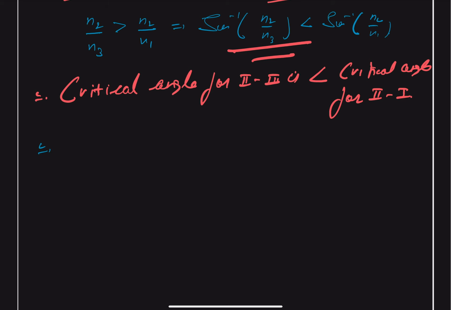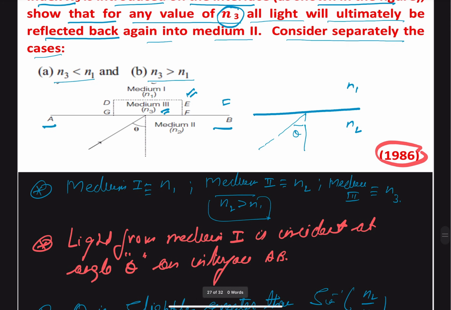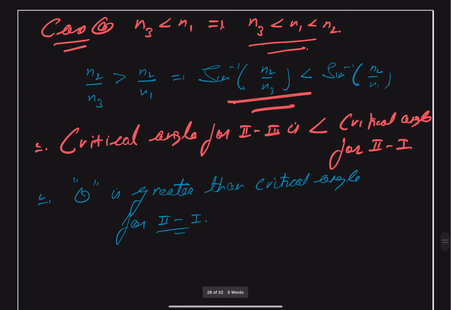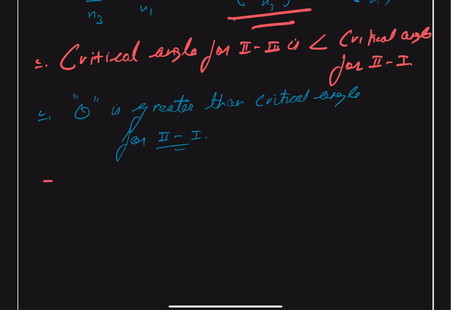Let me rewrite it again. Here it's mentioned that since theta is greater than the critical angle for the second and first interface. Okay, this was also already given in the question. It says that angle theta is infinitesimally greater than the critical angle for the two media. Okay. So based on this, we can say that